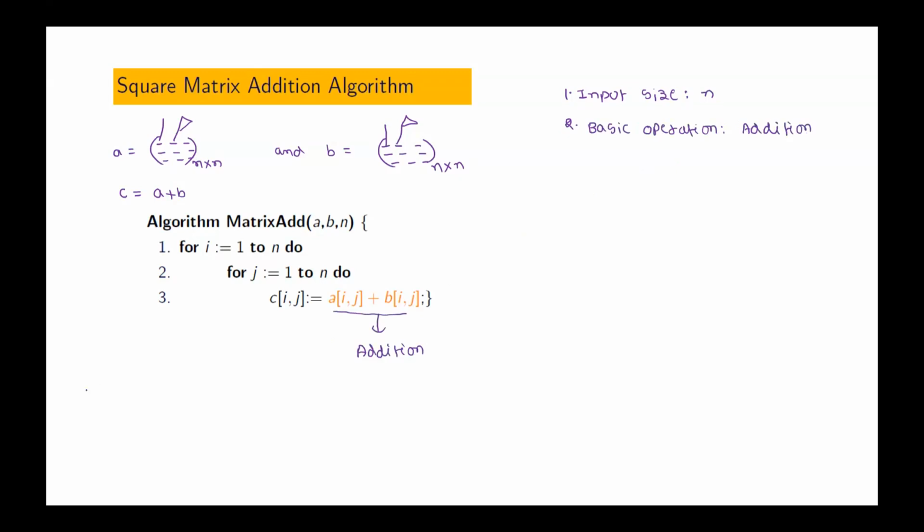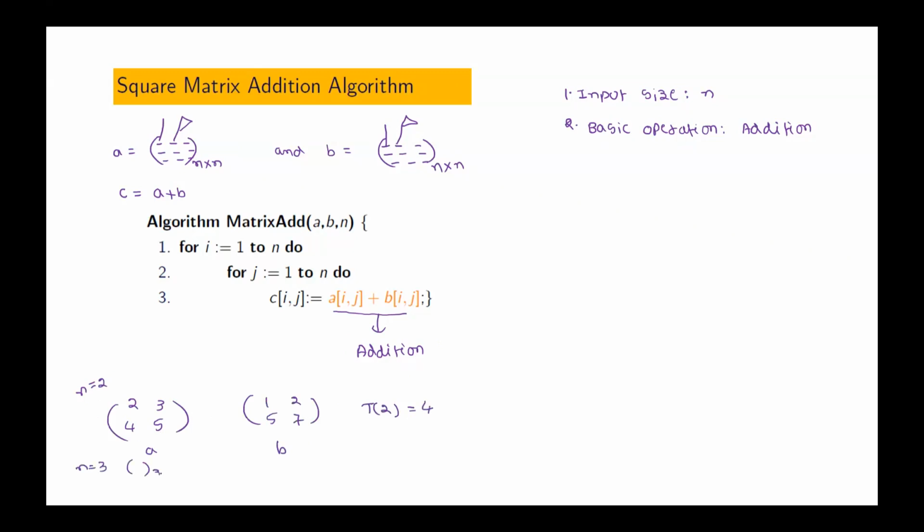So now if n equal to 2, for example, our matrix A is 2, 3, 4, 5. B is 1, 2, 5, 7. How many additions are performed in this case? 4. What is T of 2? How many additions are performed? 4. If n equal to 3,